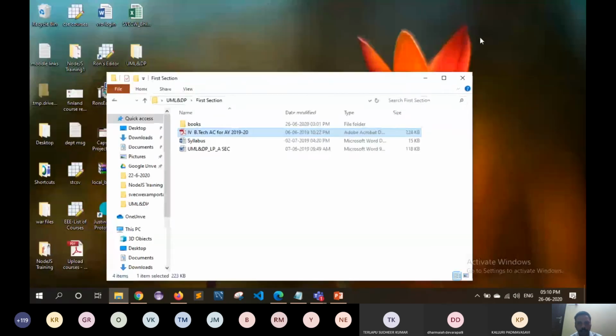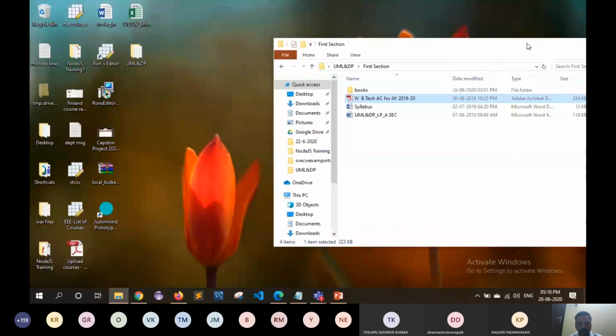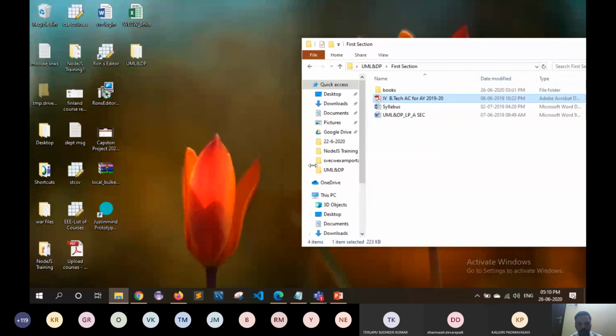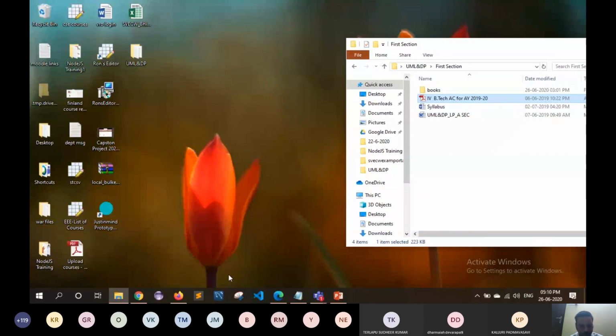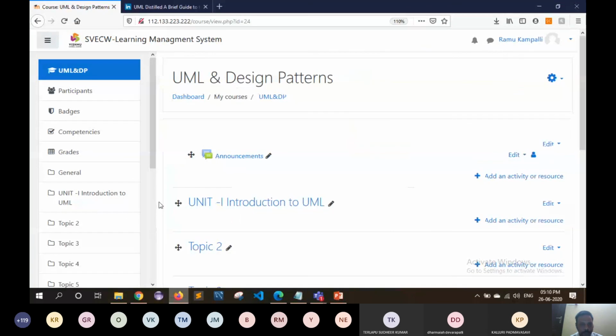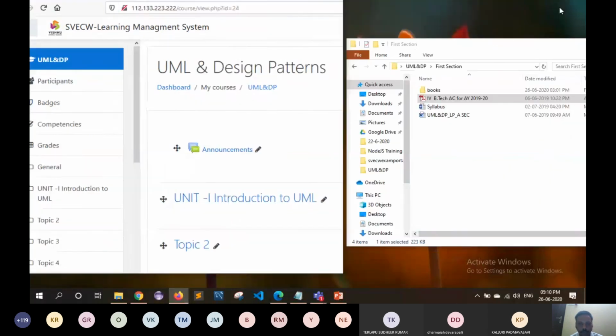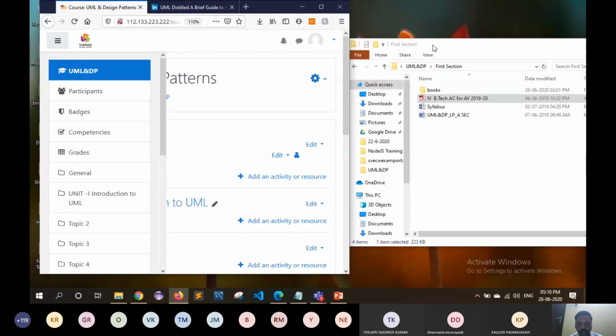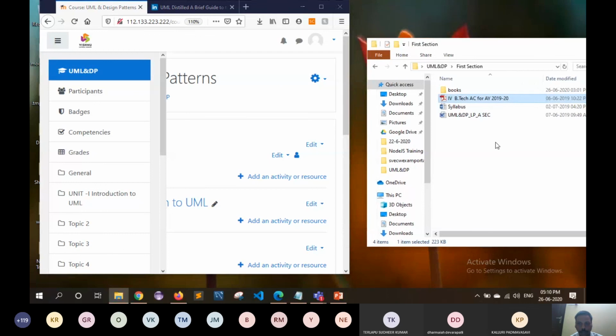All these files I can directly post into the section before the first section of this course itself. For this, I just put these two windows side by side. It's just a drag and drop of the files into the corresponding section. That's all. It's very simple to add the files here.